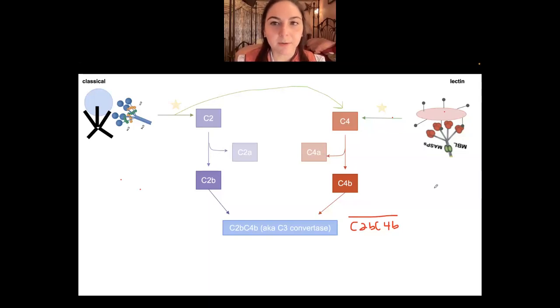Okay, so we're following. We need the B's. We'll talk about what the A's do later. They do have roles, but right now the B's, the C2B and C4B, come together and form C2B, C4B, or C3 convertase. All right, so let's talk about the